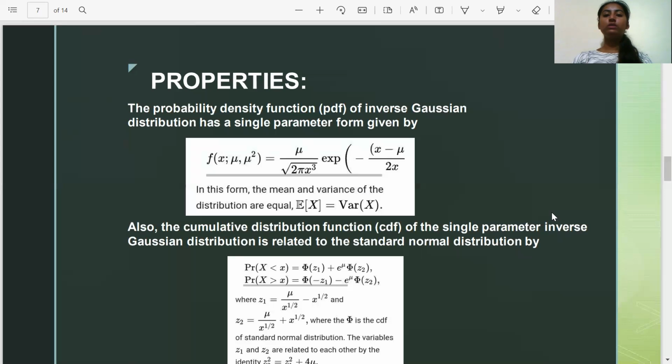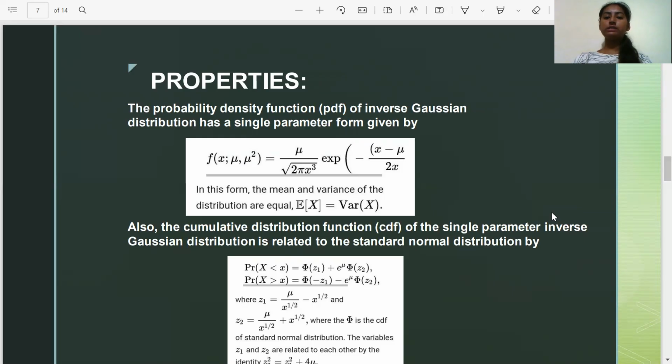is equal to mu by root over 2 pi x cube, exponential of minus x minus mu by 2x. In this form, the mean and variance of the distribution are equal. E of x is equal to mu, variance of x. Also, the cumulative distribution function of the single parameter inverse Gaussian distribution is related to the standard normal distribution by